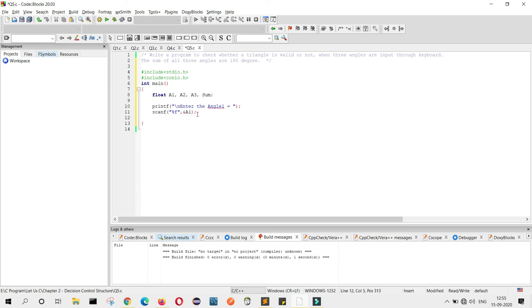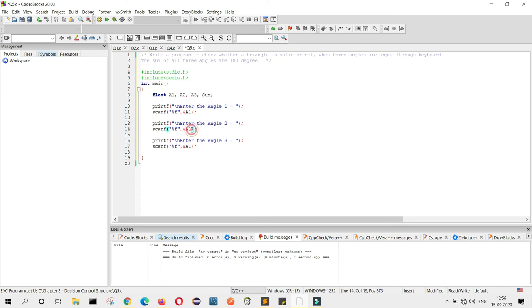Similarly I will take the angle 2, and angle 3.